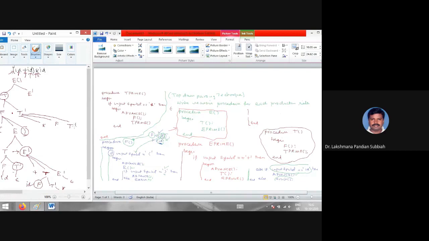Now the star is here. We will check now. The star is okay now. Now it will call F, correct? F will call. Here we are having the pointer move to the next ID, right? So now here this ID, so it will invoke this ID, correct? If there is ID, right?